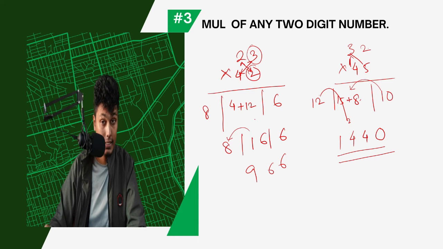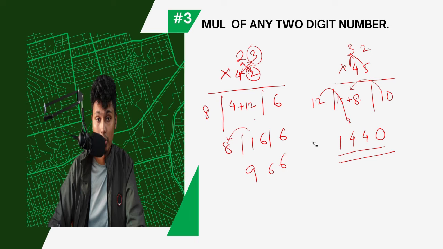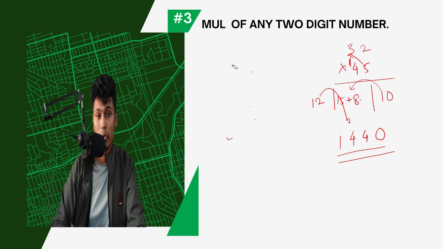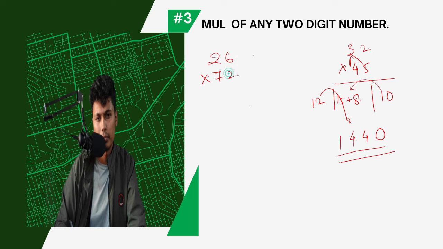Okay, let us try some more questions. So let me rough this one. Okay, if you are confused still, so I'll do some more questions so that this concept will become clear to you. Let me take multiplication of number like 26 into 72. Okay, let me take small number first, after that I'll take the bigger number. Okay, let me take like 15 into 26, like this number.